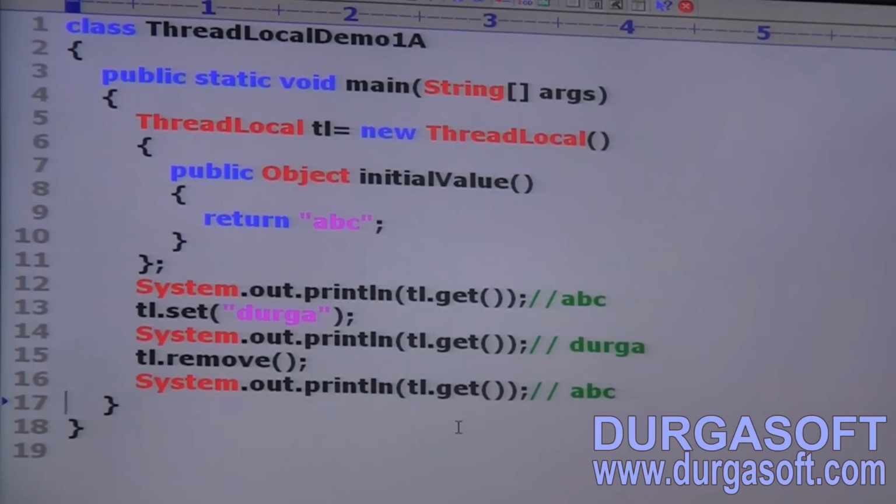Overriding of the initialValue method. ABC, Durga. Next, this is ThreadLocalDemo1a. Completed, right?